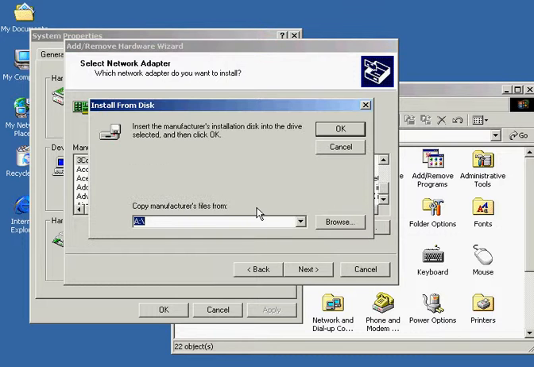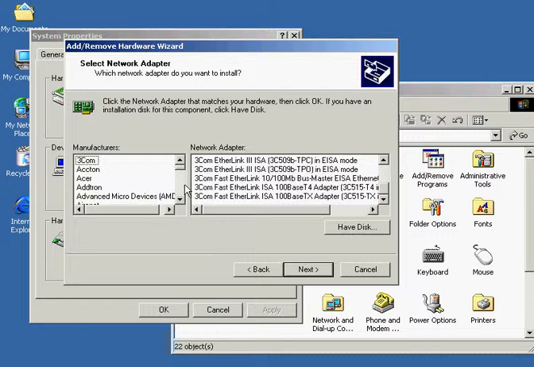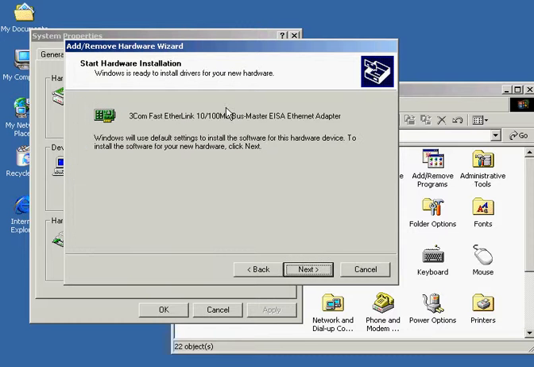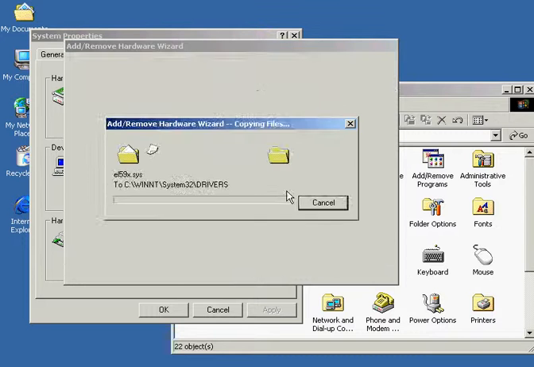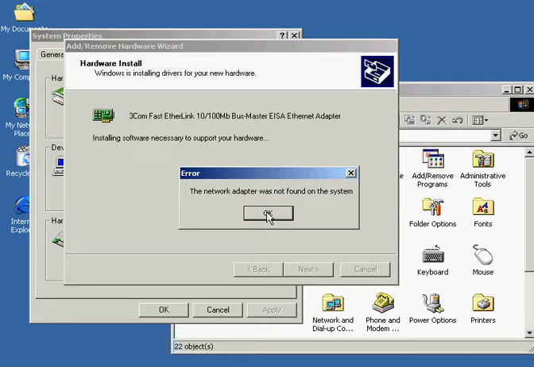We're able to browse a location. Let's say you've downloaded it from the website, or you've got a disk for it, so then you would choose this way. If you can find it on the window here, then you can choose it that way too. So we'll just pick one like this, and it just asks to confirm, and now it's going to start the installation process, and it finds that the network adapter is not found on the system because I didn't have that